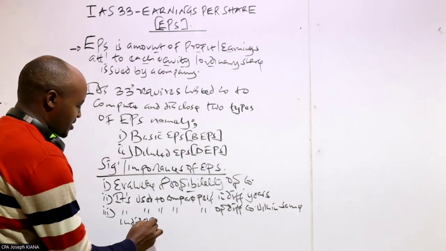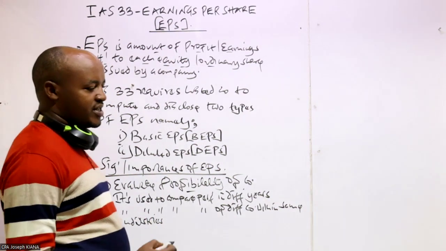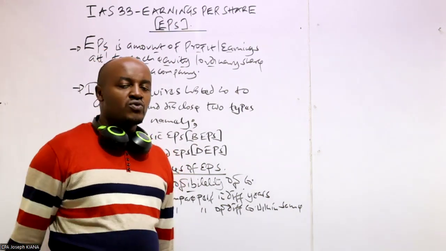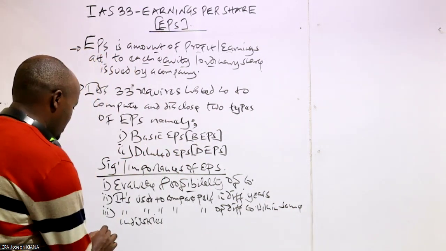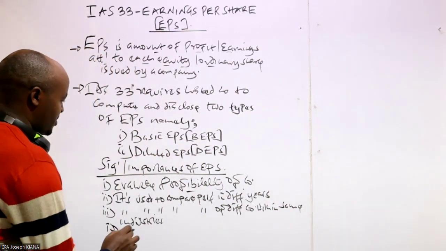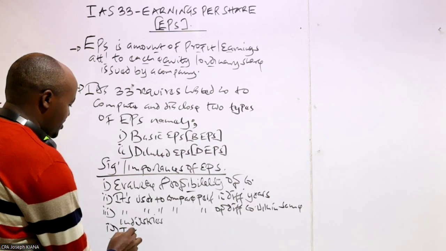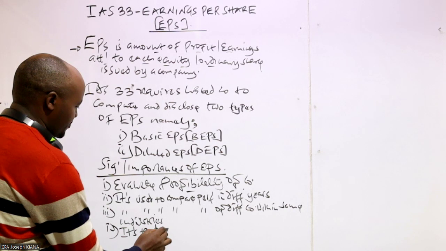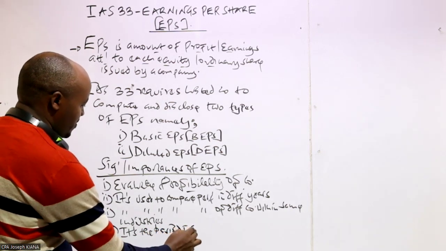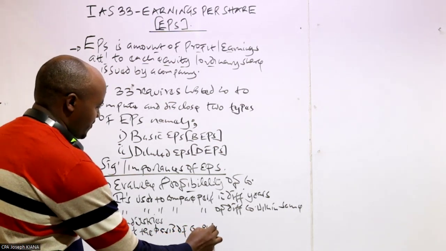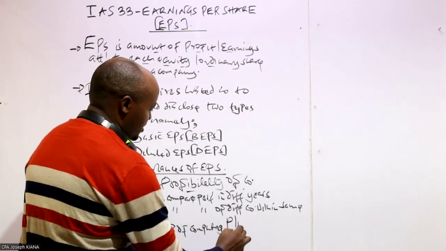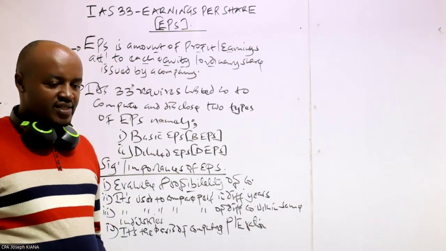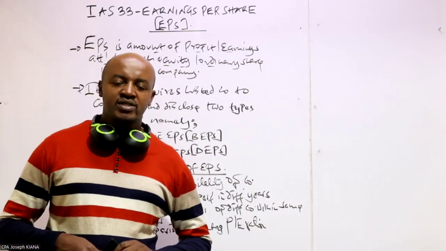Basically, what that means is that the shareholders of the company can use the earnings per share to compare performance of company A and company B if those two companies are within the same industry. And number four is that this particular earnings per share is the basis of computing a price earning ratio. So therefore, these are some of the significance or importances of this earnings per